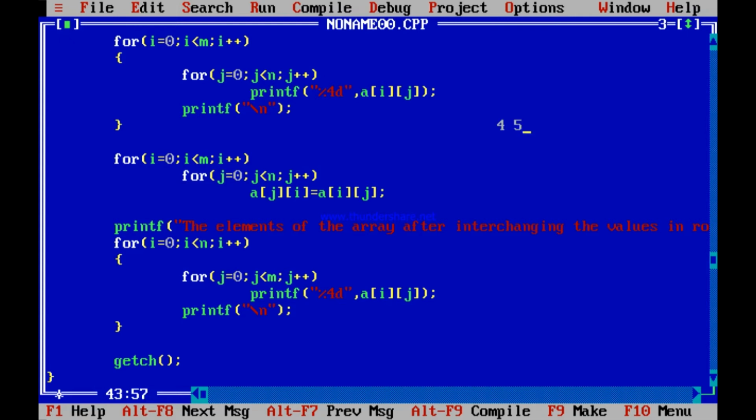See, 4, 5, 6, 7, you consider, was the array's first row. The second row, 2, 9, 8, 4. Say the next row, 7, 4, 2, 9. Now you have to remember one thing, that you have declared the array as A[100][100].